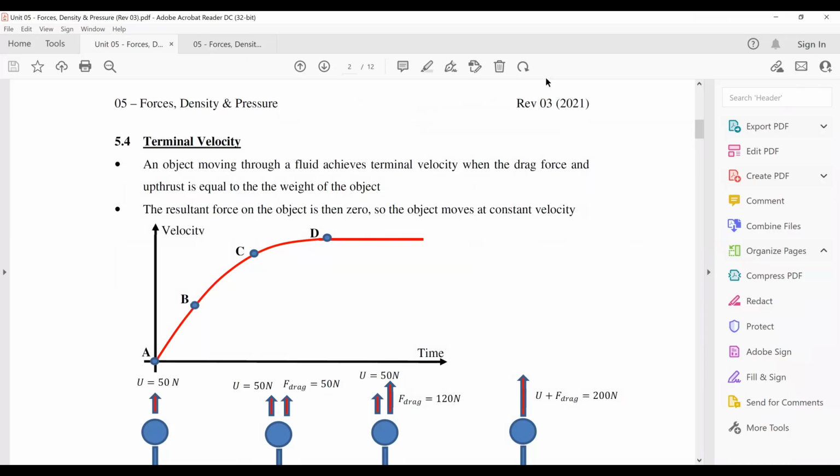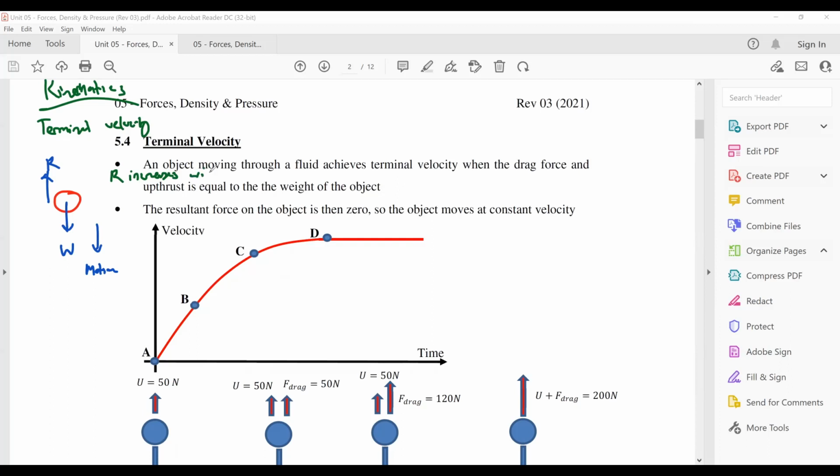So remember that time I mentioned to you under the chapter of kinematics, when we are talking about terminal velocity, I told you that you have an object that falls, and then when you have air resistance taken into account, as the object falls, let's just say that this is the motion. As the object falls, it encounters air resistance. So the key take-off point was that R increases with speed